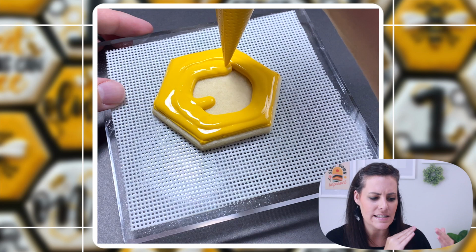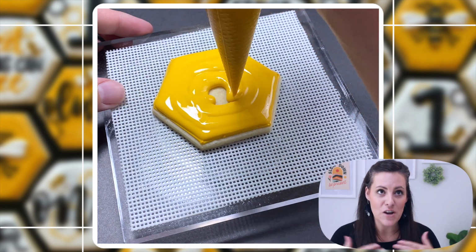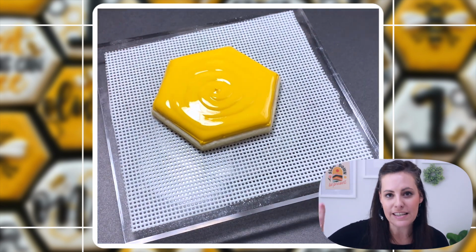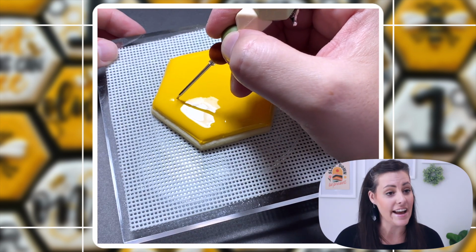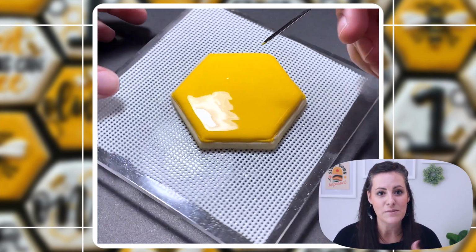I never did an entire black cookie because if anybody knows black, it is not a great color for client experience. So I was already using black in this set. I did not want to give them an entire black cookie. I have done it in the past, but I wanted to avoid it here because this was a child's birthday,